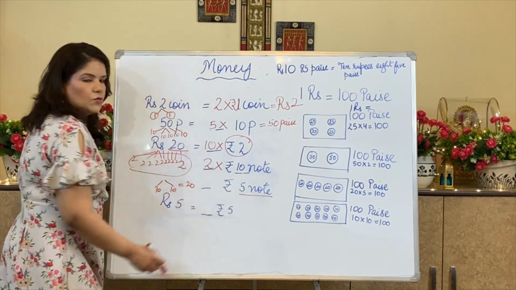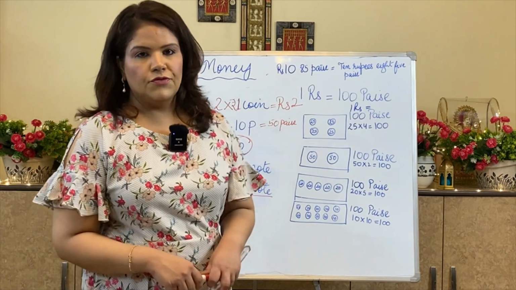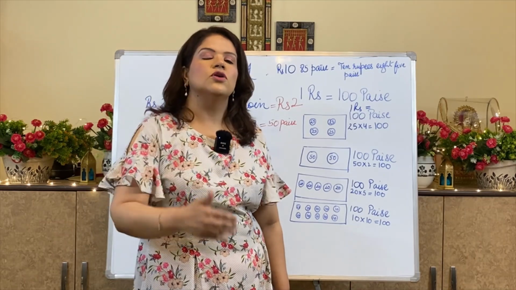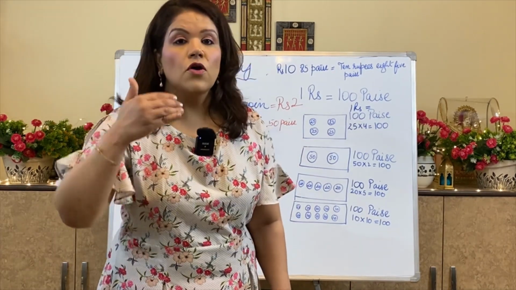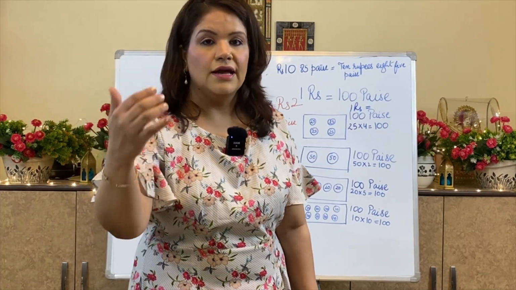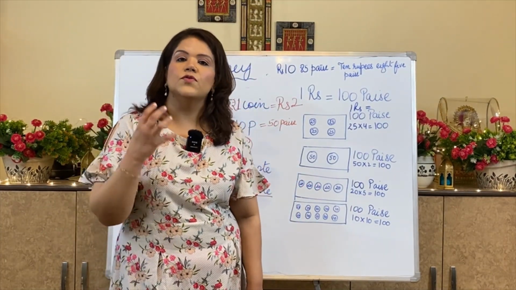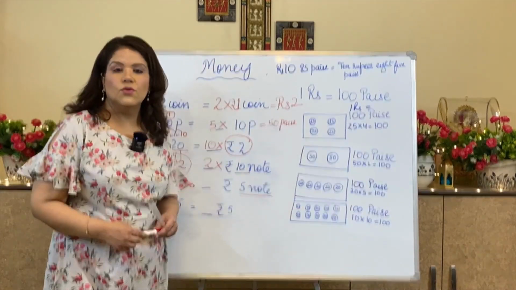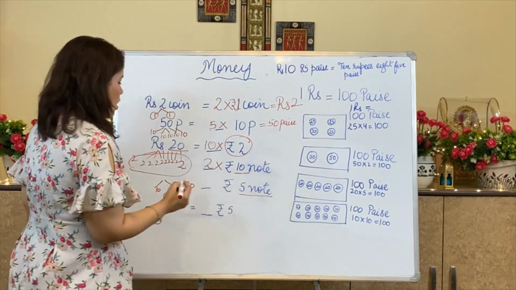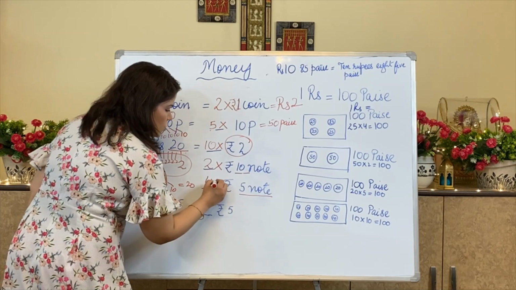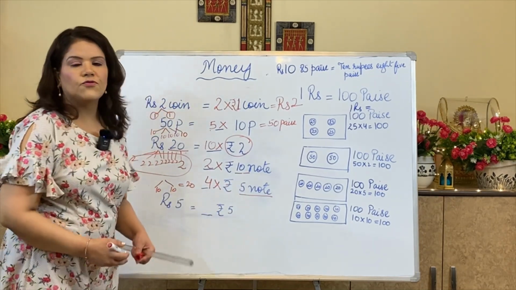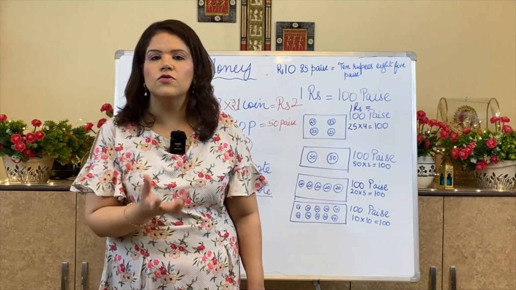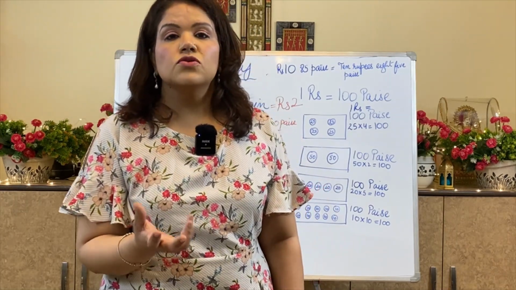Now if I have to take a 5 rupee note and we want exchange of a 20 rupee note in terms of 5 rupee notes, again each note will have a value of 5. From 5 I have to go to 20, and we have to check how many parts of 20 will be there to get a 5 rupee note of each part. So how many will we be taking? 4 into 5. We know the table of 5. 4 5s are 20. That means we need to have 4 notes of 5 rupees so that we can get a 20 rupee note.